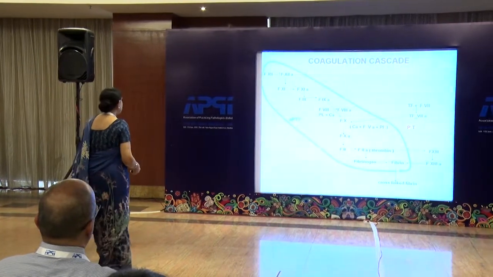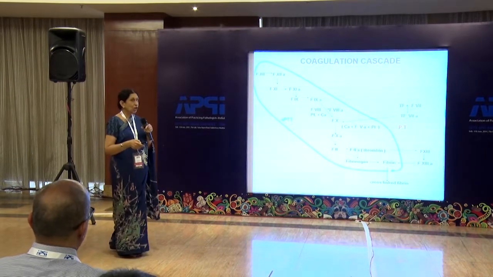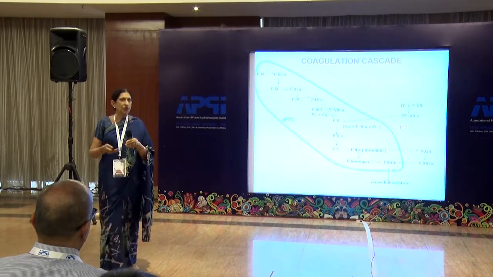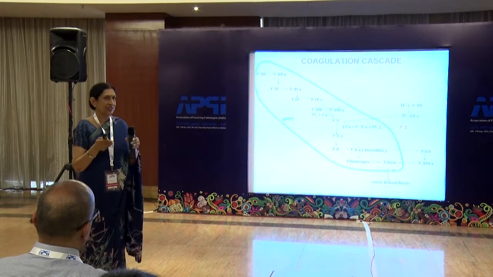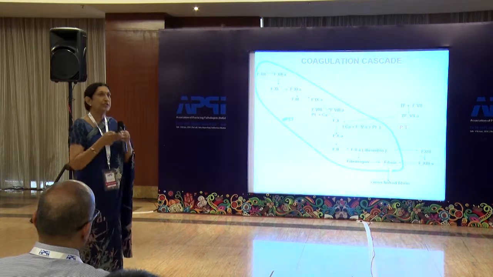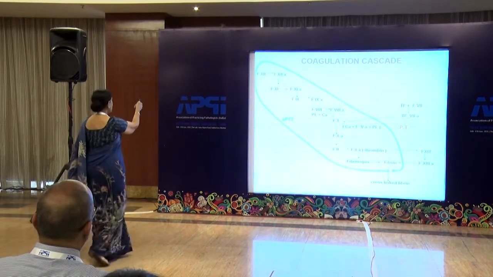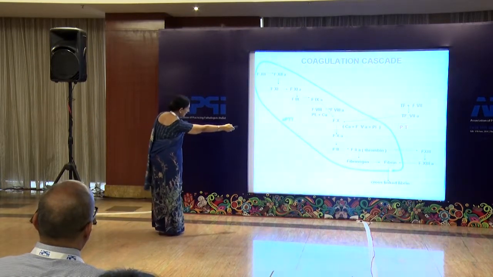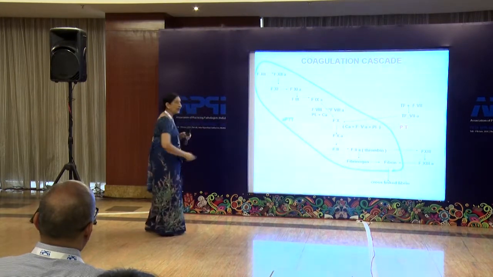Now, if you look at the APTT, it has to travel quite a lot. It is not so short, and that is why your APTT is longer. You have anywhere from 21 to 31 seconds, depending on what reagent you are using, what is your technique. I will just come to it and you will understand it. So that is your APTT pathway, and once APTT is clotting last fibrin, you know that all these factors are